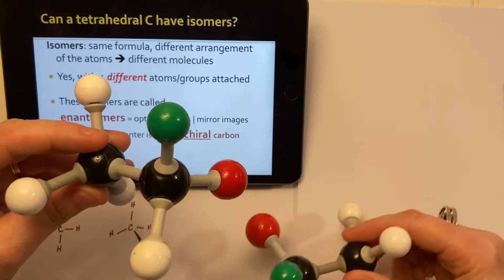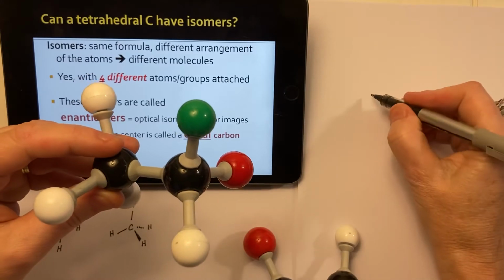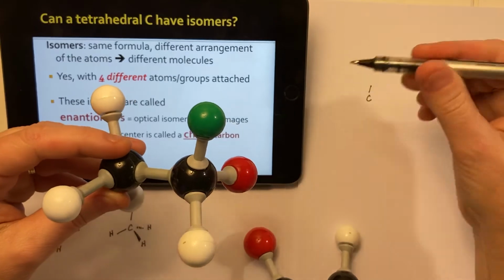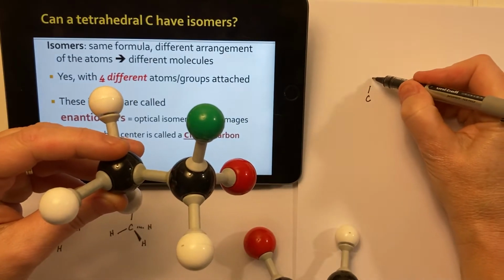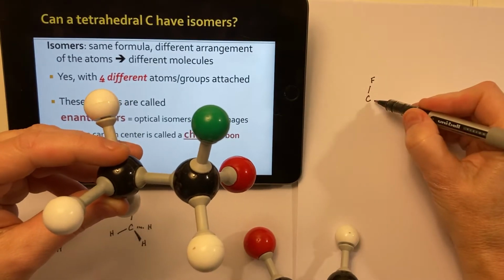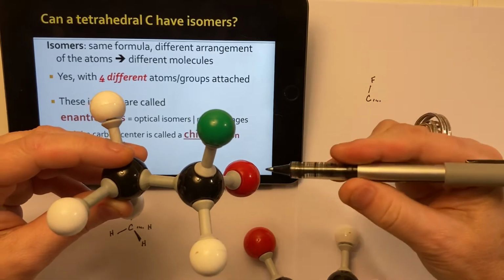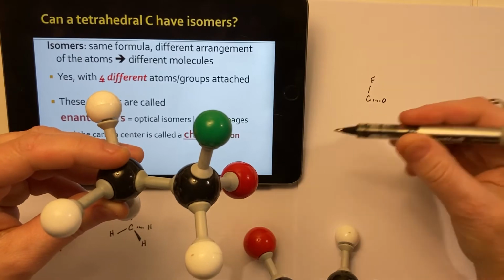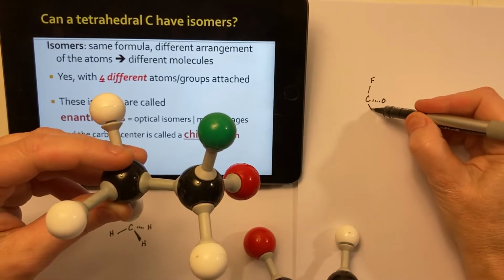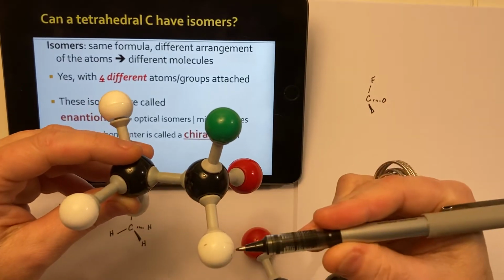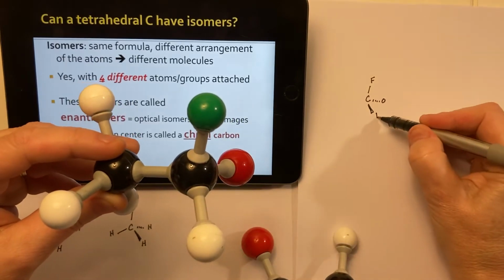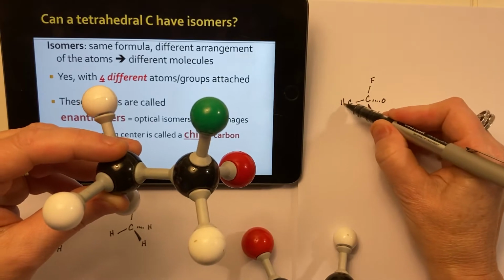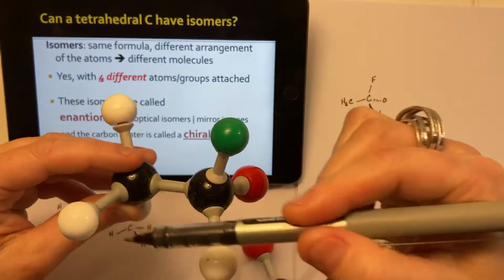Let's keep looking at these. Maybe I'll draw them. Maybe I'll say, oh, here's a carbon. And then I'm going to put like the green one. What should we call that? Maybe that's standing for a fluorine. And then I have going toward the back, I get this red one that's usually an oxygen. I don't have anything else attached to it. And then that's one coming forward. That's a hydrogen. And then over here, I have a C, and I'll just collect those 3 hydrogens there